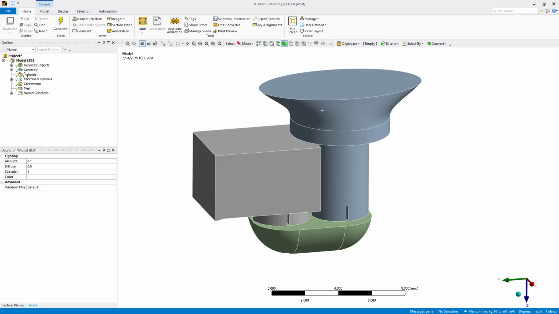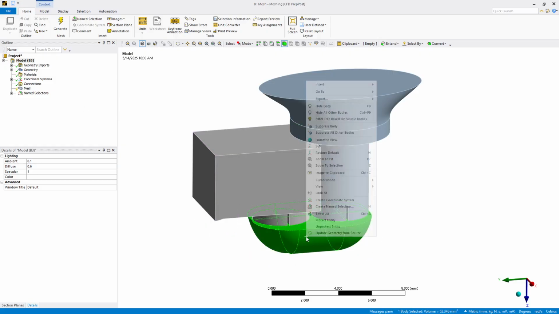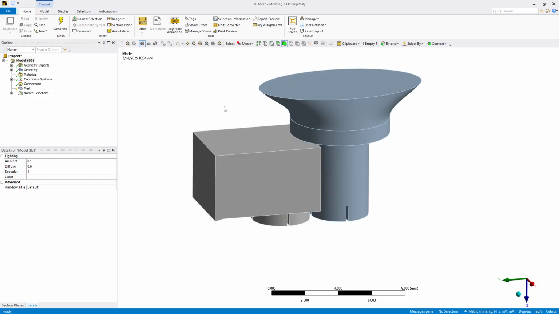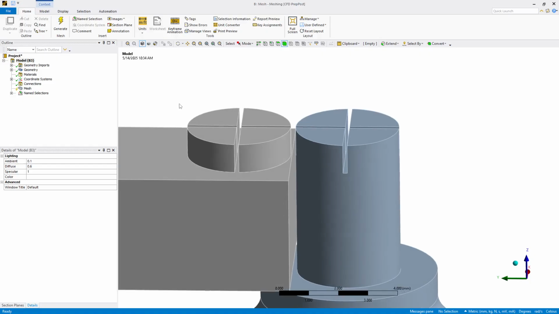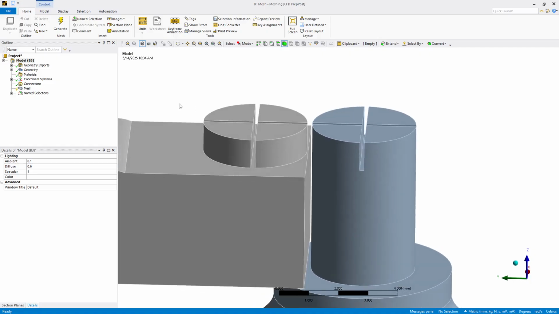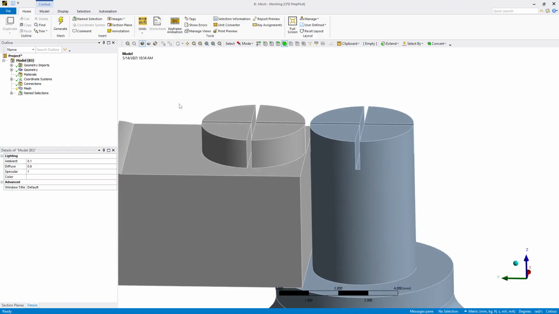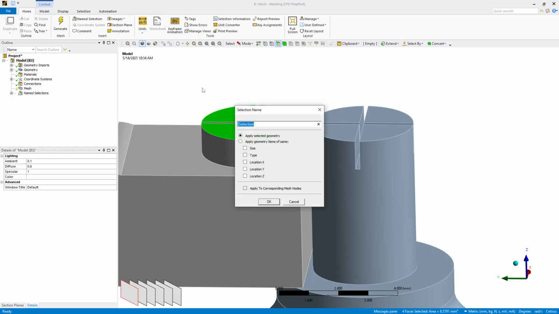Hiding this body will let me easily name the surfaces that I want to be interior for calculating pressures and things. So we're going to use the face filter, hold the control key down, and do a named selection called interior